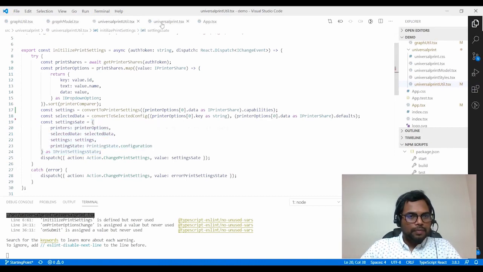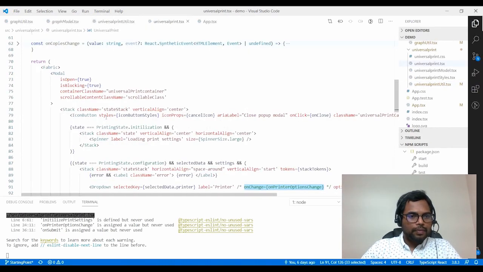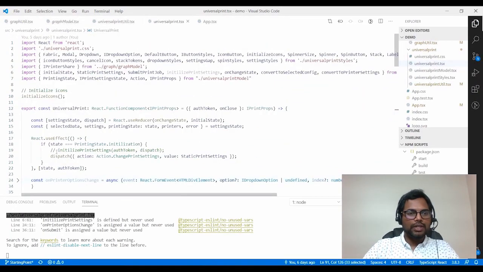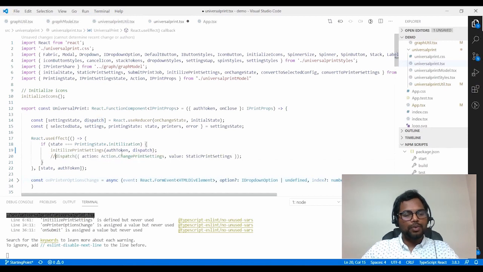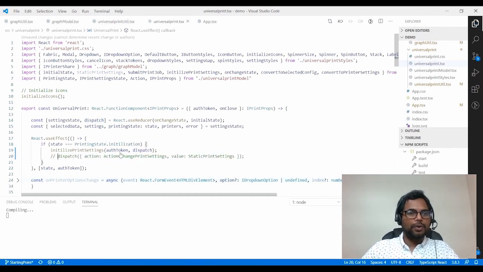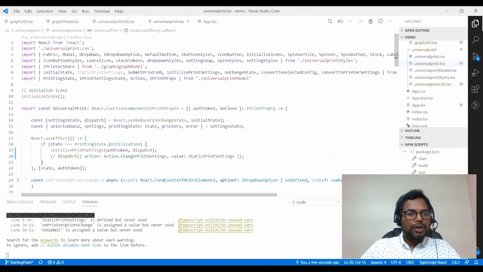Let me enable this code. So I am uncommenting the line which invokes this function, and I'm commenting out the line which provides the static data like printer 1 and printer 2. So I'm invoking this function on the initialization of the dialog box.